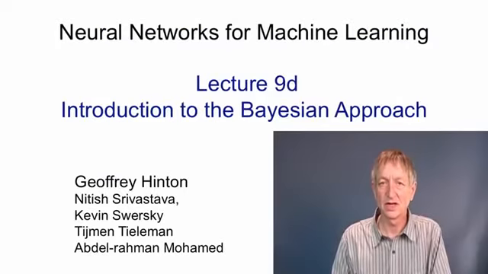In this video, I'm going to describe the Bayesian approach to fitting models using a simple coin tossing example. If you already know about the Bayesian approach, you can skip this video. The main idea behind the Bayesian approach is that instead of looking for the most likely setting of the parameters of a model, we should consider all possible settings of the parameters and try and figure out for each of those possible settings how probable it is given the data we observed.